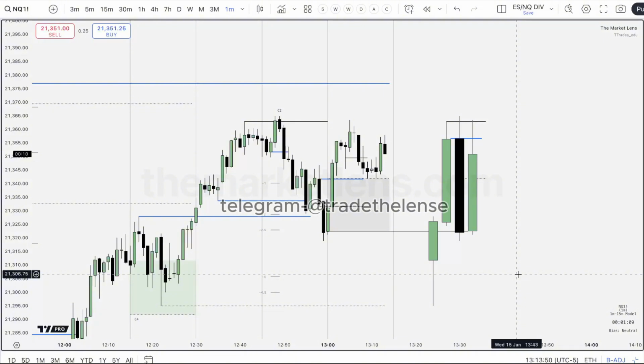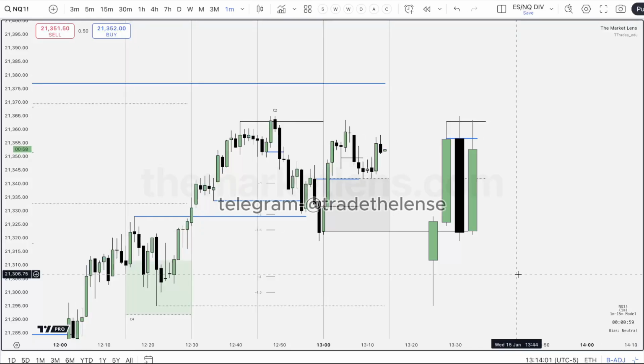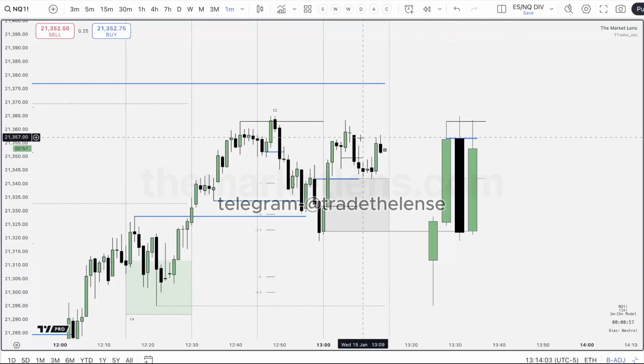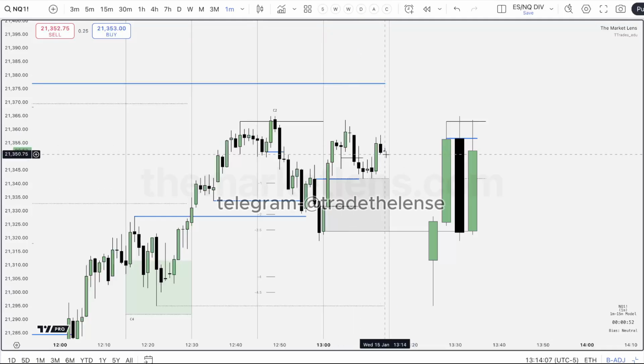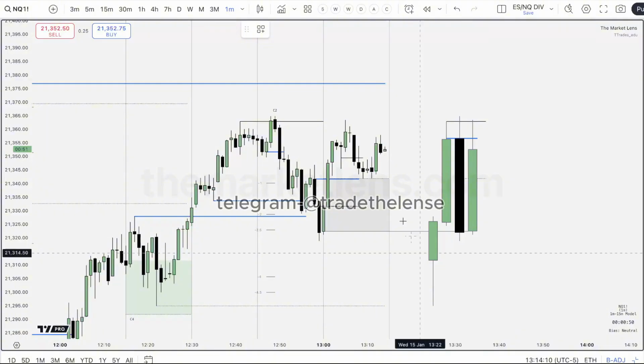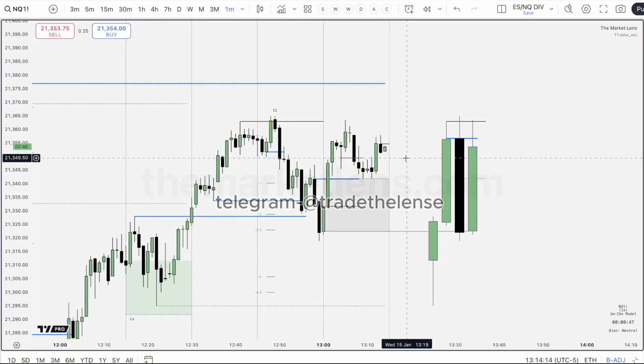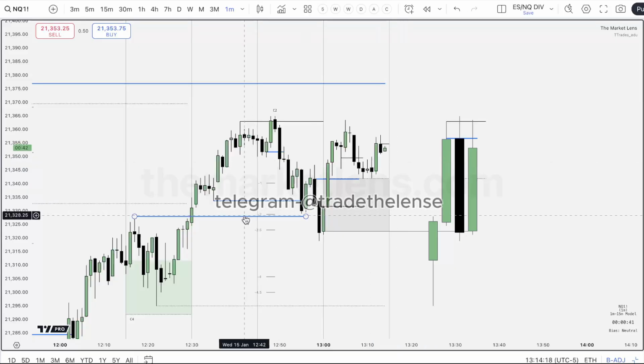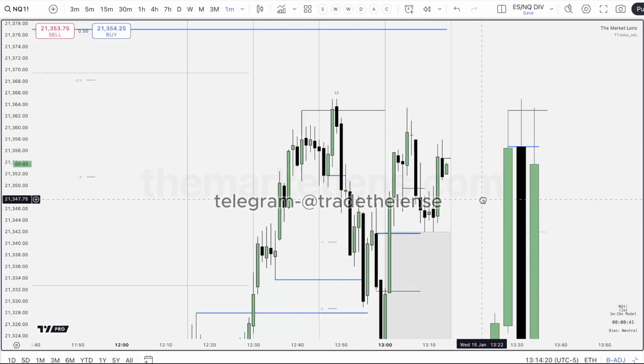That makes more sense. Candle 2 closure right at the mean threshold of this. Now if we respect 0.5 of that, we make a new low. And let's see if we can show something.